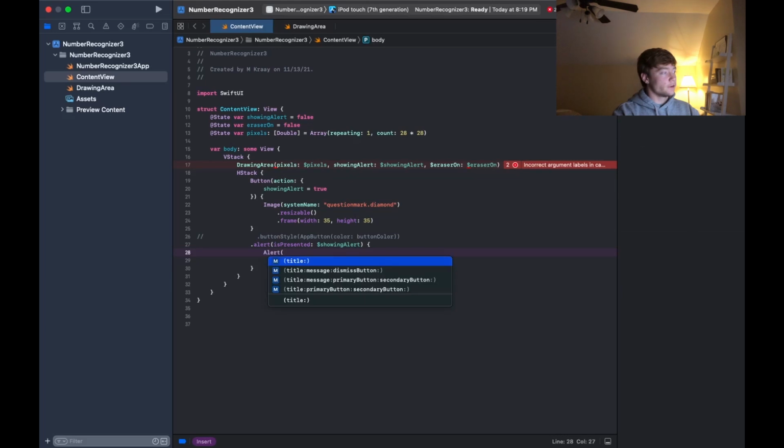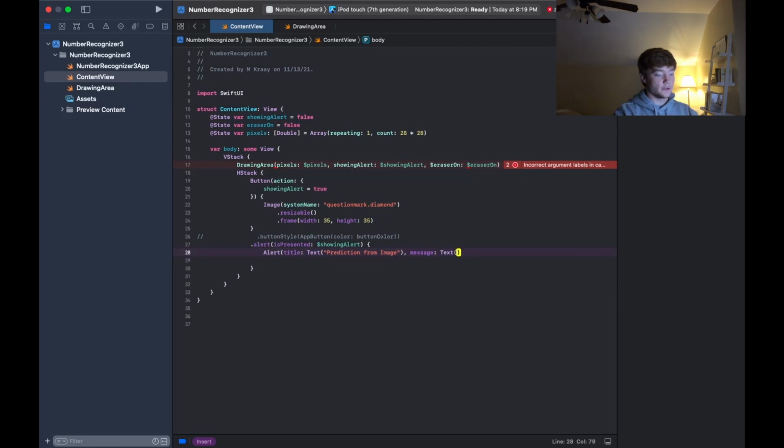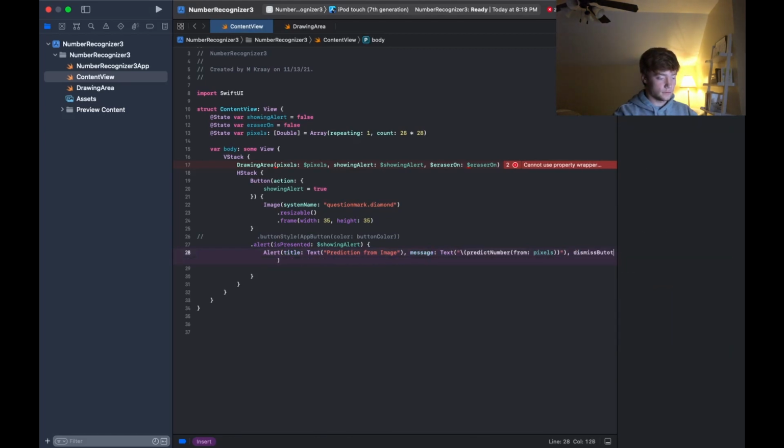And then we're going to have an alert with the title set to Text, prediction from image. The message is going to be Text of predict number from pixels. So this is a function that we'll define in a second. Yeah, here we go. And then the dismiss button is just going to be a default